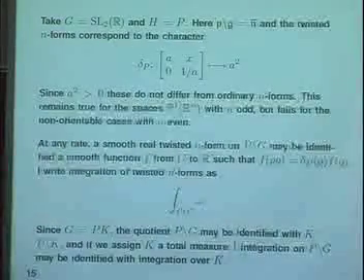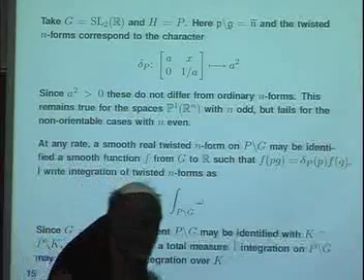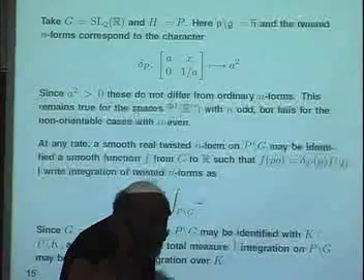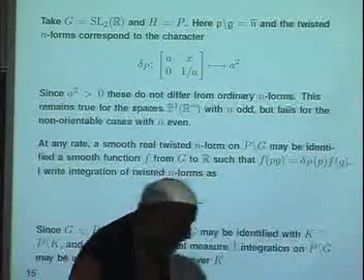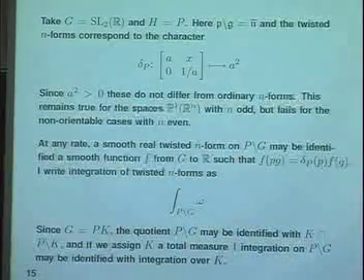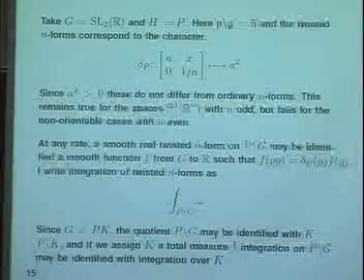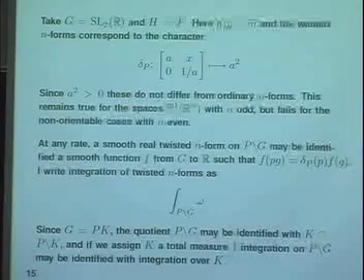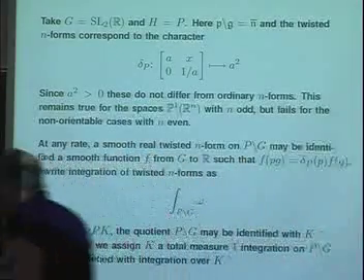Yes, but why does this character give twisted n forms, not some other character? Why is this the character that gives me a twisted n form, not some other character? Oh, because it's the thing,